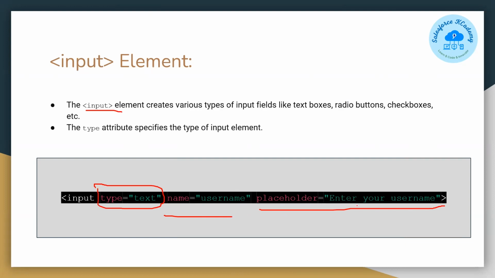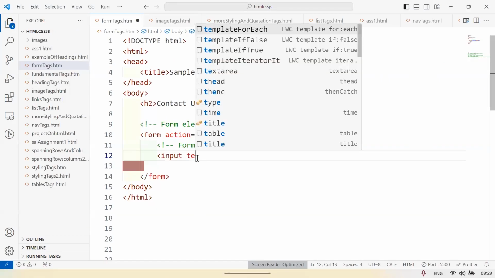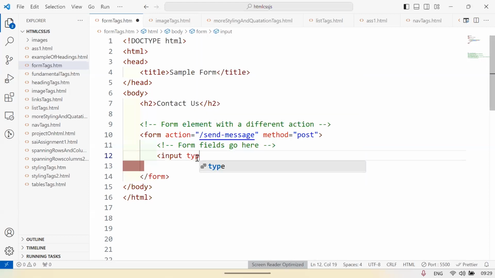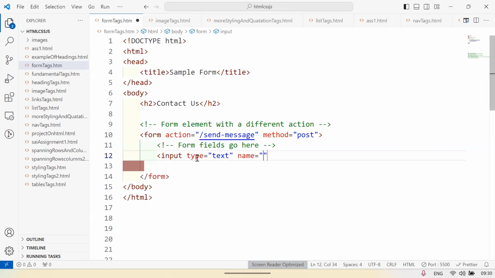We'll see each of these. Type equals text. Name equals